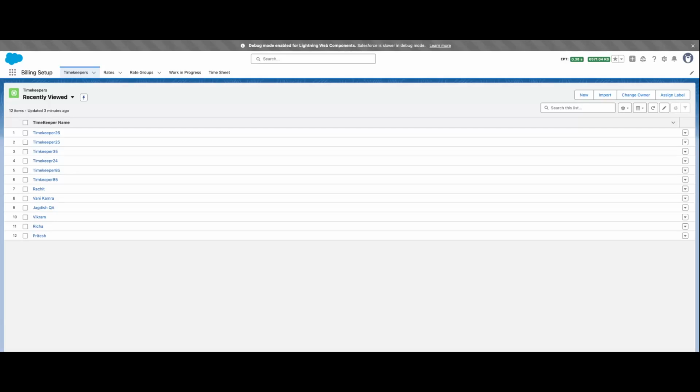Alright, so the agenda of this demo is to discuss rates inside CaseQube. We have an app called Billing Setup. This is where you can create timekeepers, define rates, and set up rate groups. So now that we're in Billing Setup, and we're in Timekeeper specifically, we can see the tabs up there are